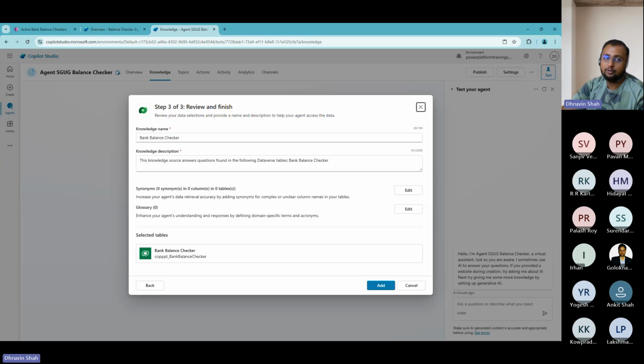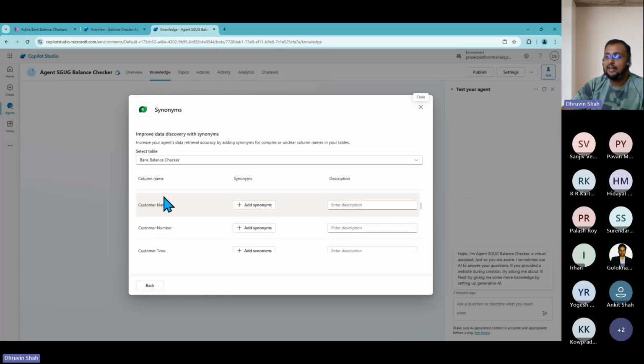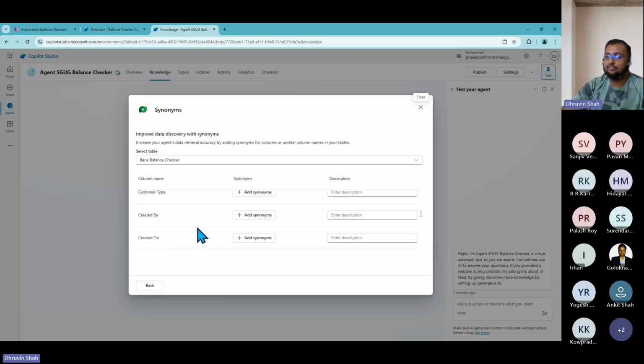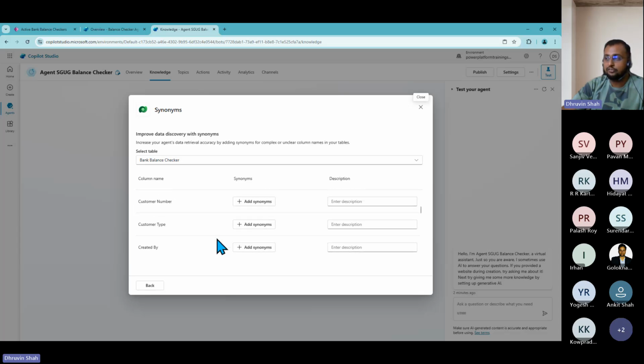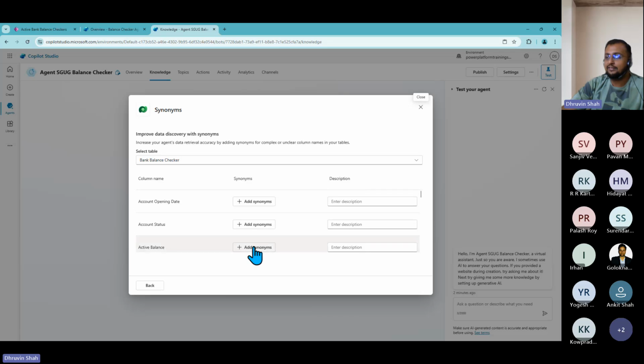Okay, so let's say here I'm doing a few things. So let's say for an example, I can turn on this synonyms option, click on edit. So over here it will show you the different columns like date, status, active balances. All the columns from your table you will be able to see here. Okay. Now here you can provide some alternate synonyms as well. Okay. So let's say